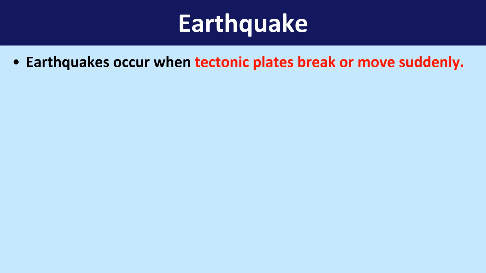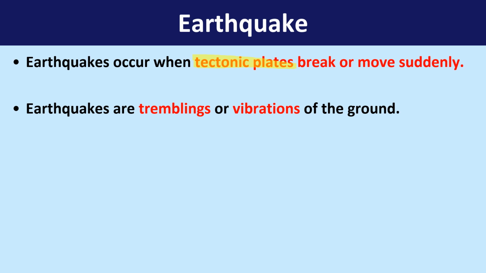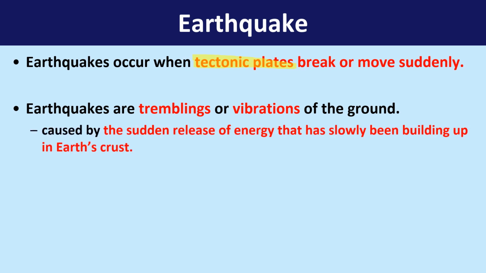Earthquake occurs when tectonic plates break or move suddenly. So I'm going to highlight this specific word, plates, in here. That means it can be an oceanic plate or a continental plate. Earthquakes generally cause shock waves. The reason we have a shock wave is because earthquakes involve trembling or vibrating. Those motions, wave motion, are caused by the sudden release of energy